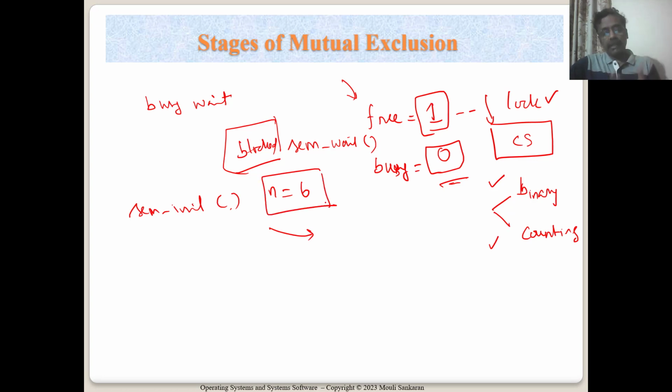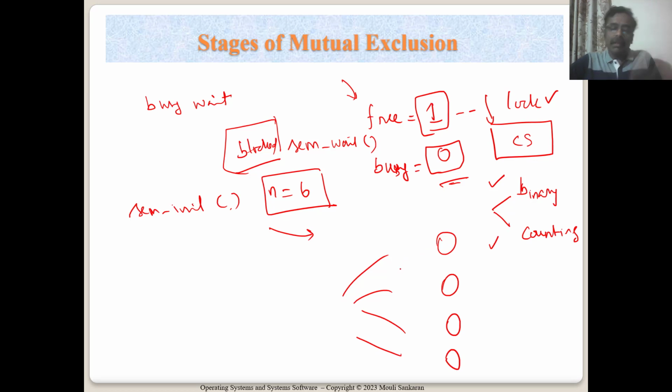Suppose 6 processes can continue to acquire. That means there can be 6 processes that can own the semaphore, continuous owners. So it is not meant for critical section protection, because you cannot allow 6 processes to run and then change the database, but it could be for n number of resources you have. Maximum you can allow n processes to be allocated or allowed to use the resource, and then more